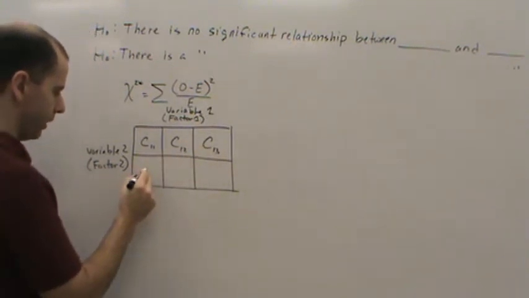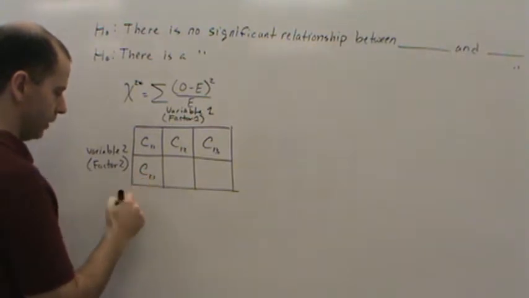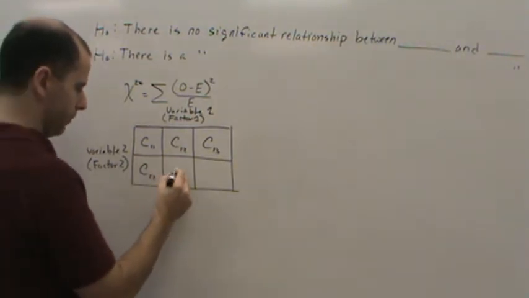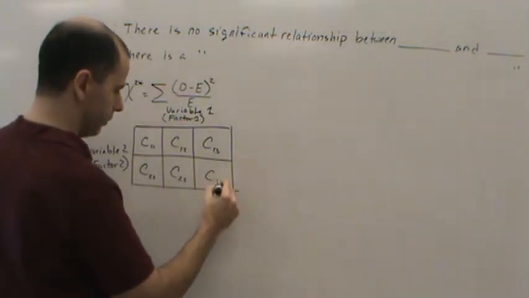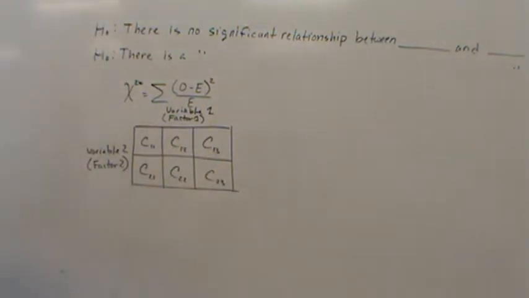And then if we go down here, now it's C21, second row, first column, then second row, second column, and then second row, third column. And so that's how we're going to notate the different cells. Okay, now,